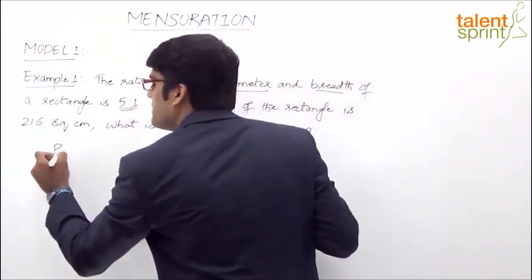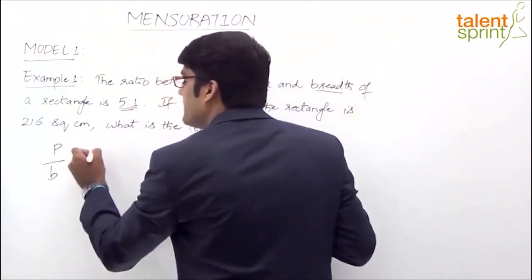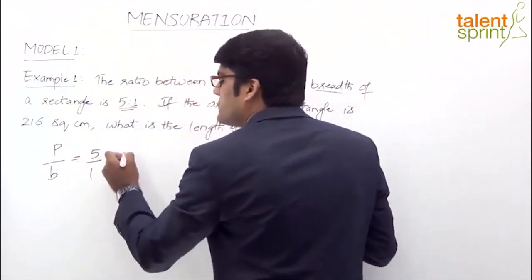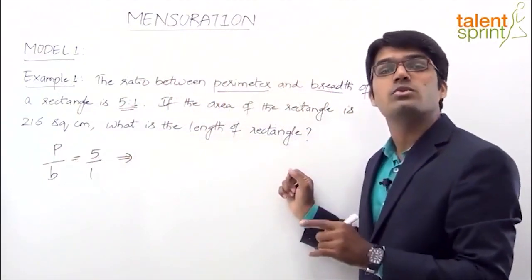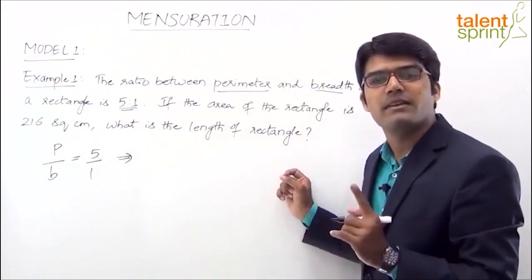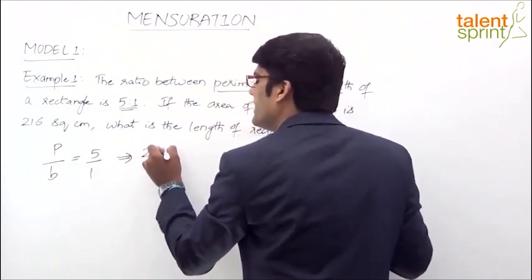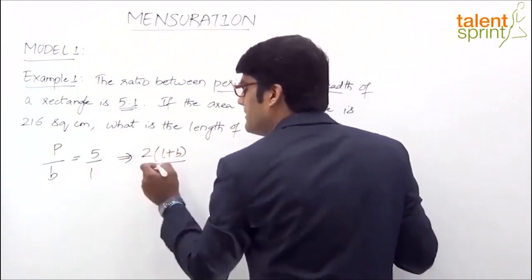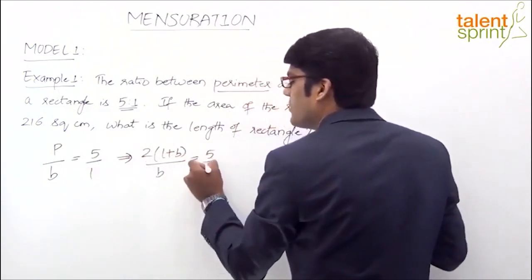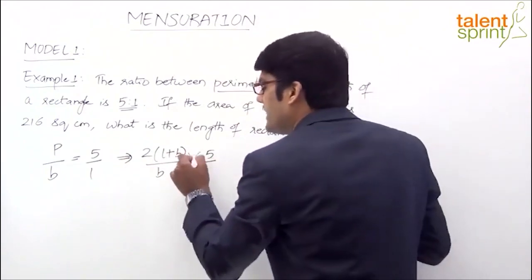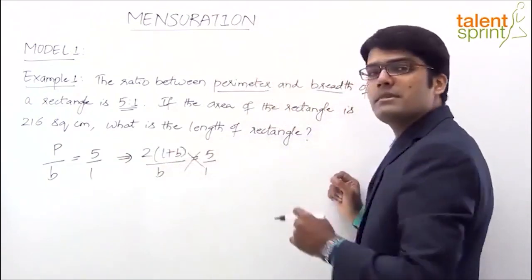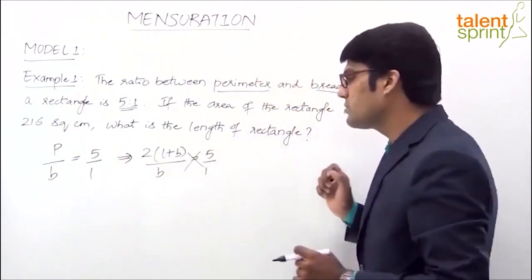तो हम कह सकते हैं पेरीमीटर P बाई ब्रेड्थ B इक्वल्स टू 5/1। और हम जानते हैं कि रेक्टेंगल का पेरीमीटर होता है 2 टाइम्स ऑफ L प्लस B, राइट, वेयर L इज द लेंथ एंड B इज द ब्रेड्थ। सो P को हम सब्स्टिट्यूट करेंगे 2 इंटू L प्लस B से, डिवाइडेड बाई B इक्वल्स टू 5/1। अब इसे क्रॉस मल्टीप्लाई करके हम लेंथ और ब्रेड्थ के बीच का रिलेशनशिप एस्टैब्लिश कर सकते हैं।